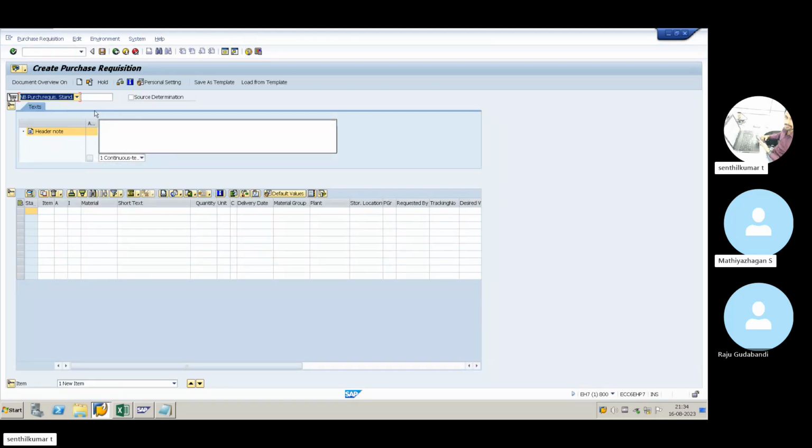So here you can see there's a purchase requisition document type. This is called document types. So what are the document types in SAP PRs? NB always comes as NB. NB is the SAP standard purchase requisition. Okay, so we can do customizing of this